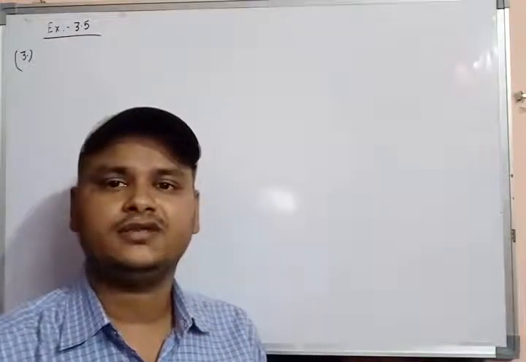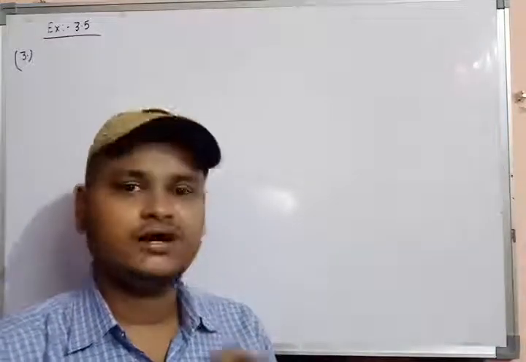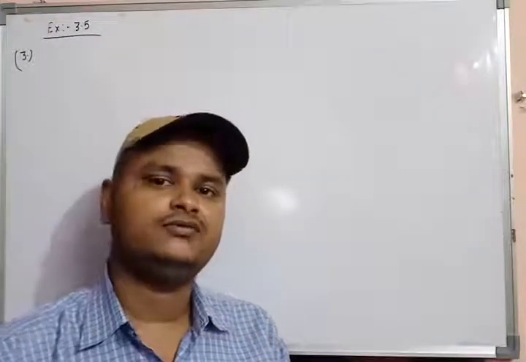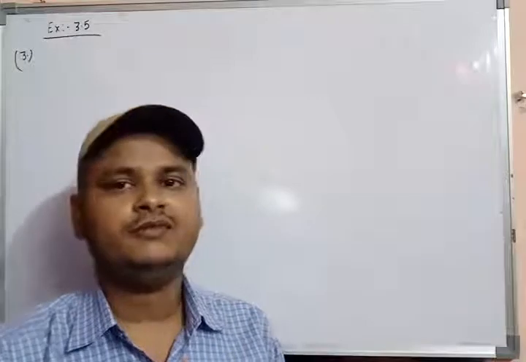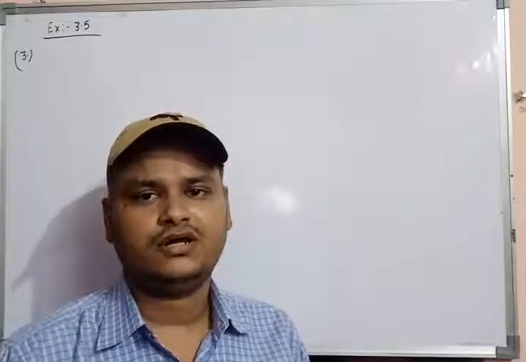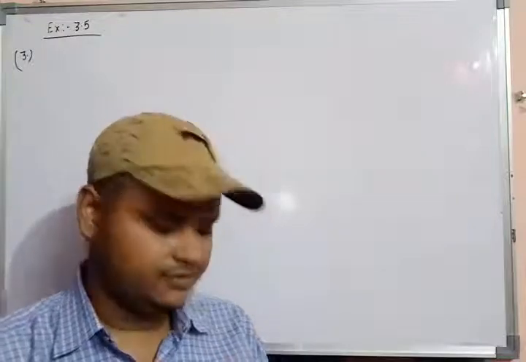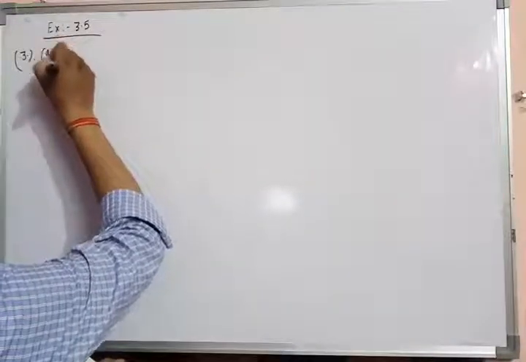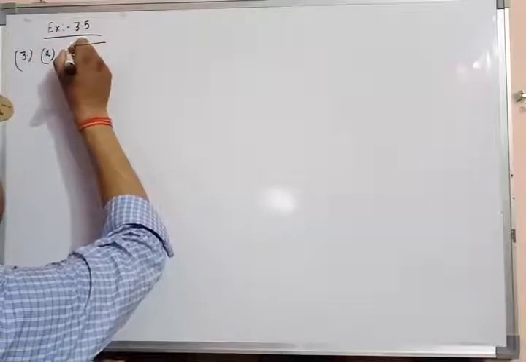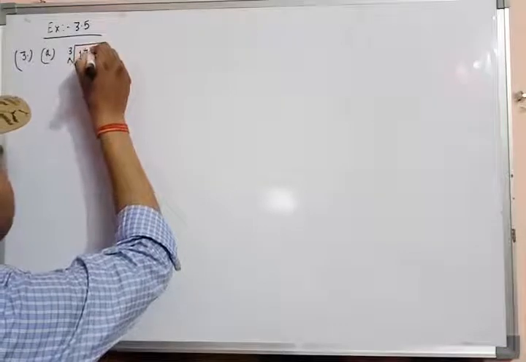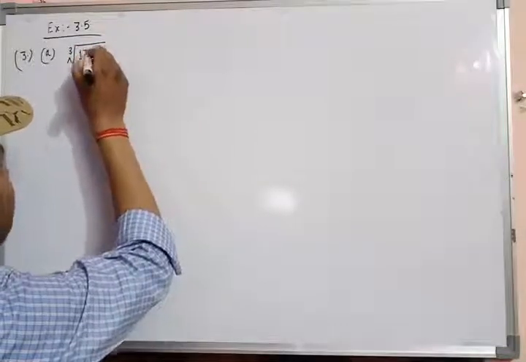In the prime factorization method, you have to convert the number into prime factors, and you also know what a prime number is. A prime number is a number which has only two factors, that is 1 and itself. Now, in part a, you have to find the cube root of 1728 with the help of the prime factorization method.